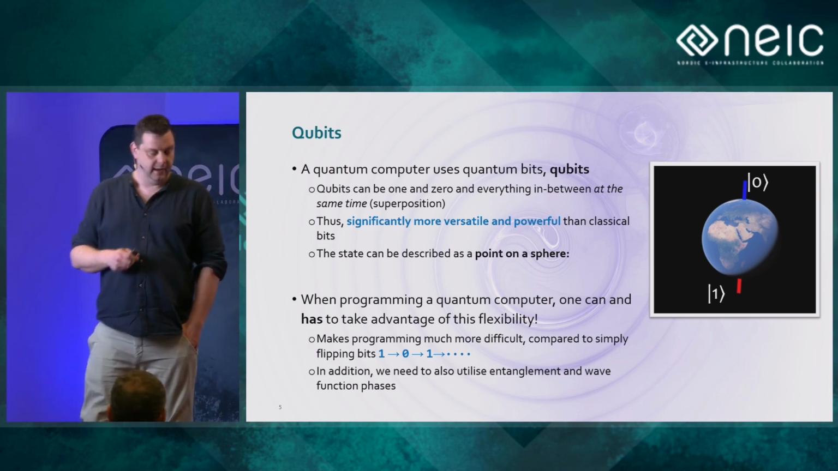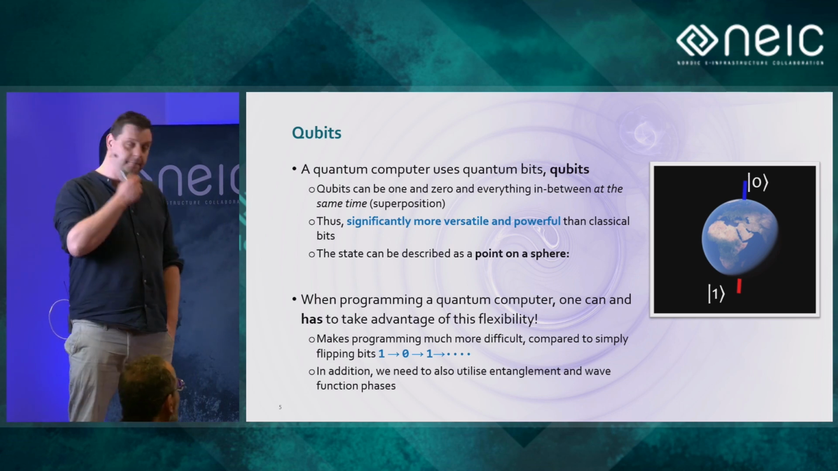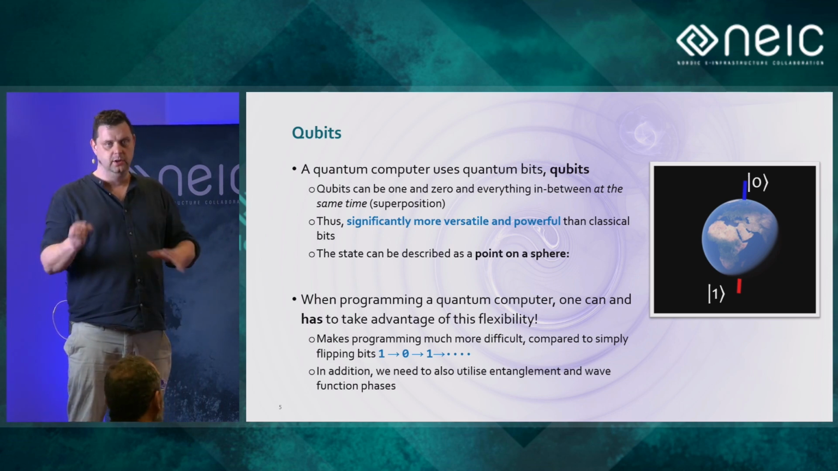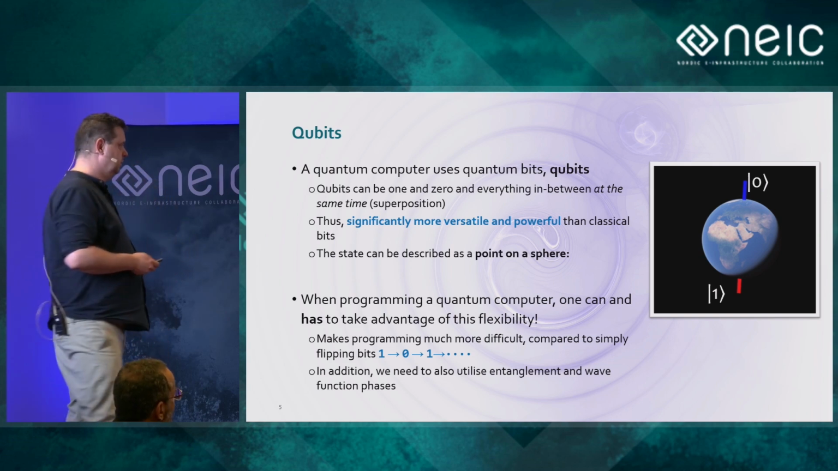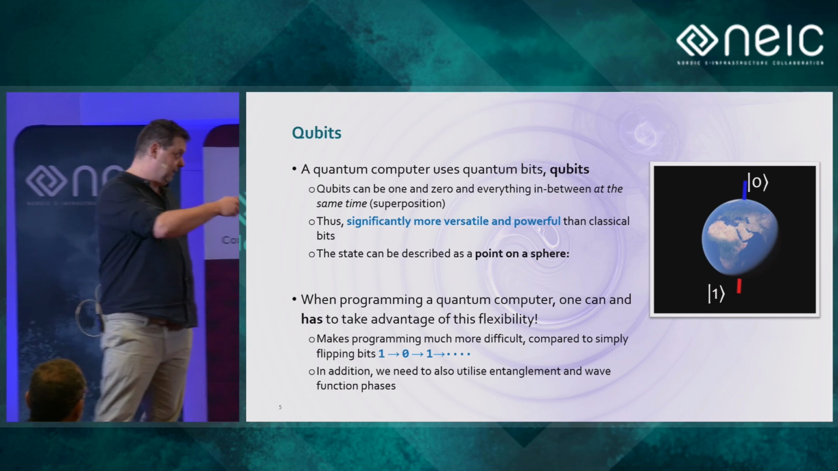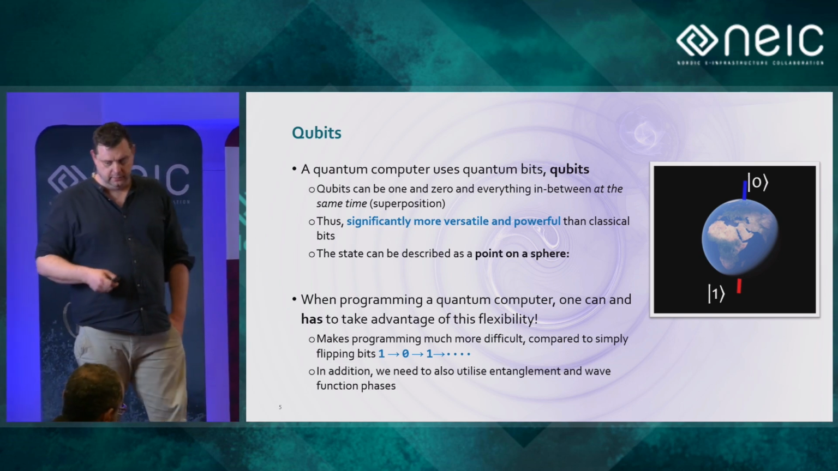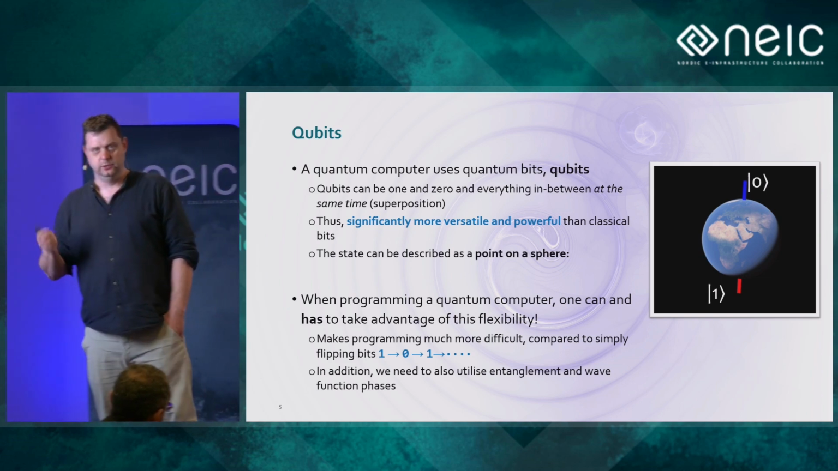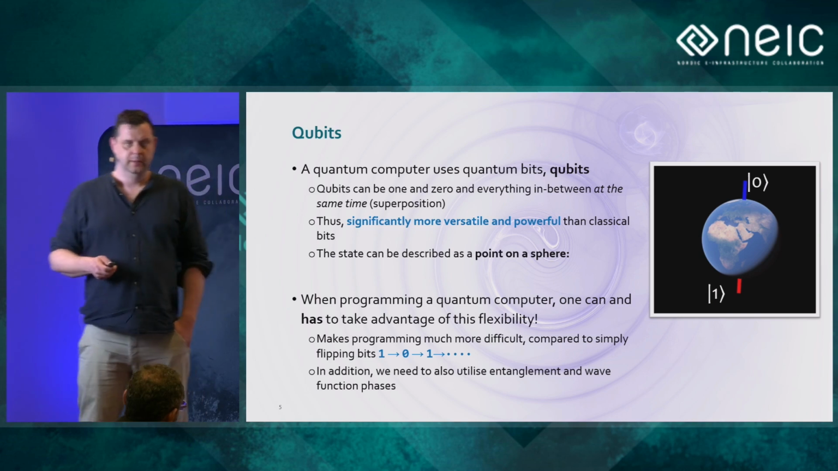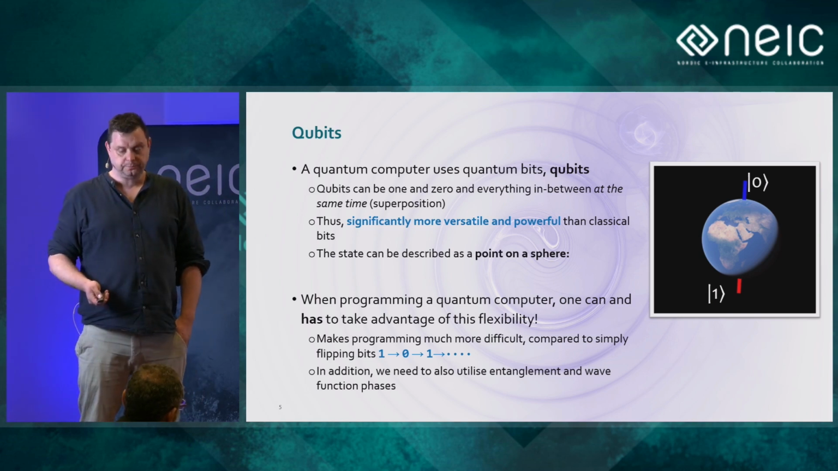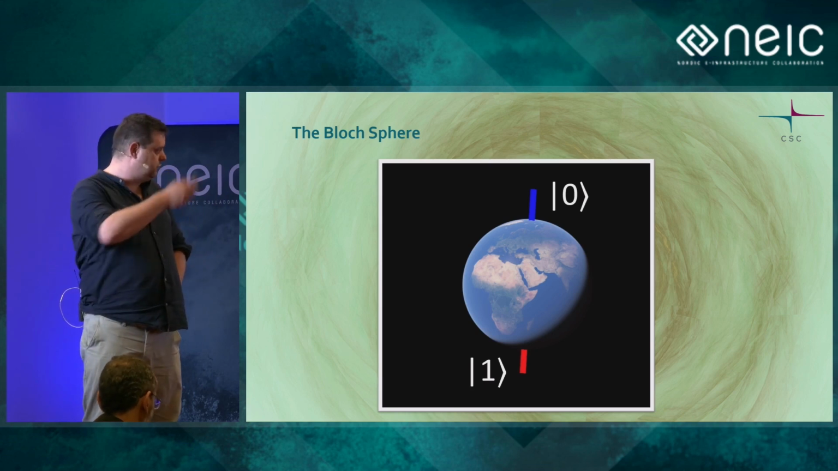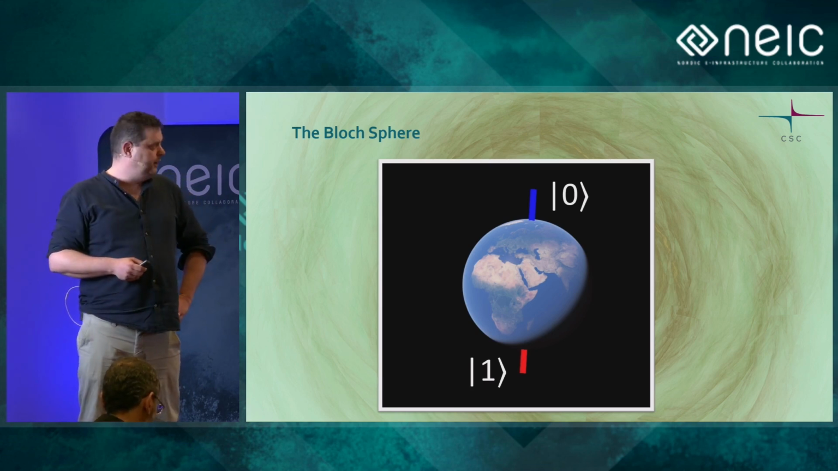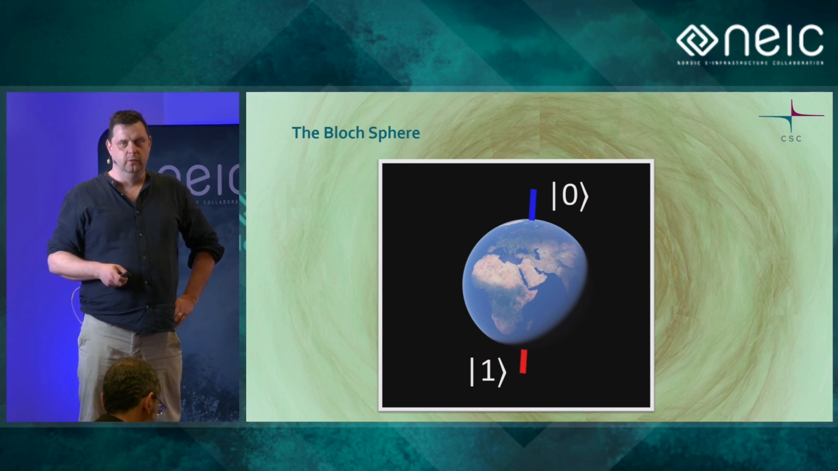Okay, one both can, and has to, take advantage of this added flexibility in order to get some advantage from a quantum computer. And in addition to just moving around the state of the qubit on this sphere, we also have to use these other effects like entanglement and wave function phase and so forth. So just to drive home the point,